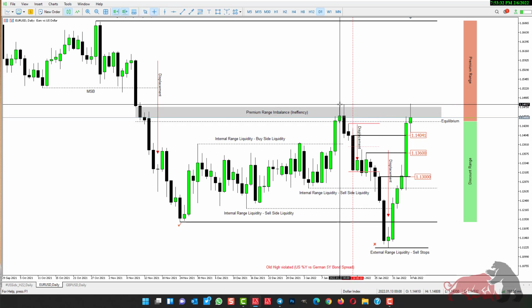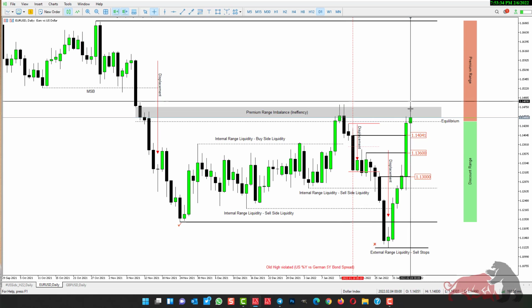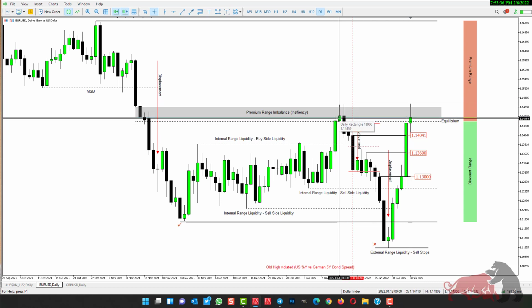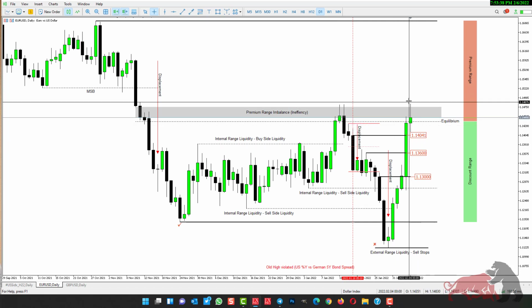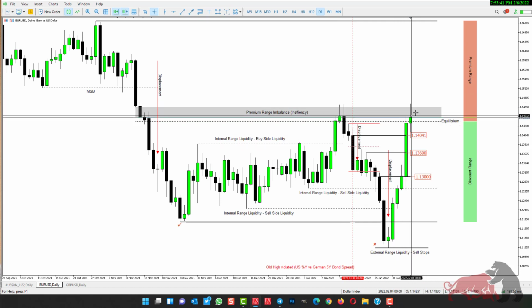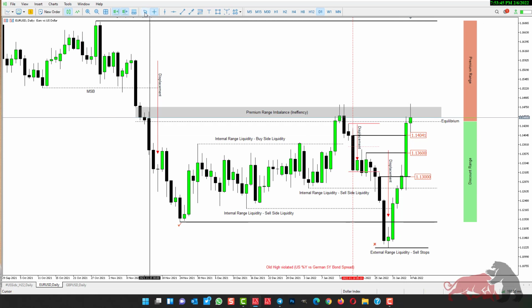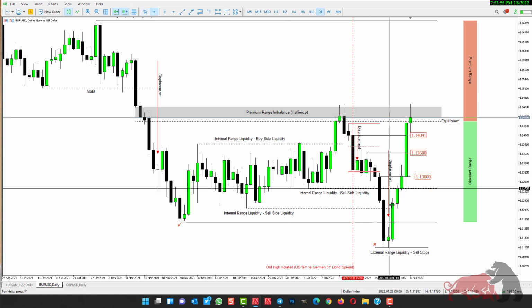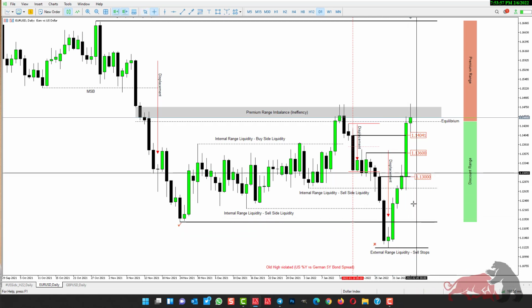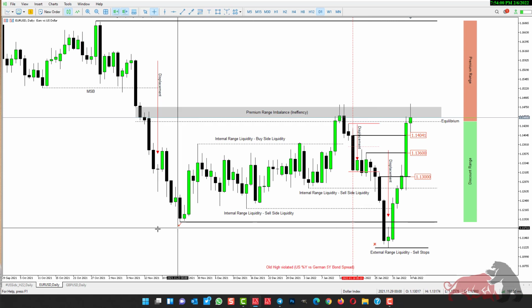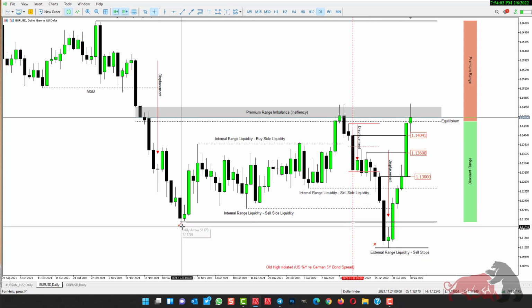Dollar 14.80 was cleared. Friday's candle ran those stops. Now, this could also mean we are likely to see downside movement on Euro USD in the coming days. Probably Monday's price action is going to be a down candle, but I'm going to explain that further down the line. So looking at Euro USD, it ran the internal range liquidity below